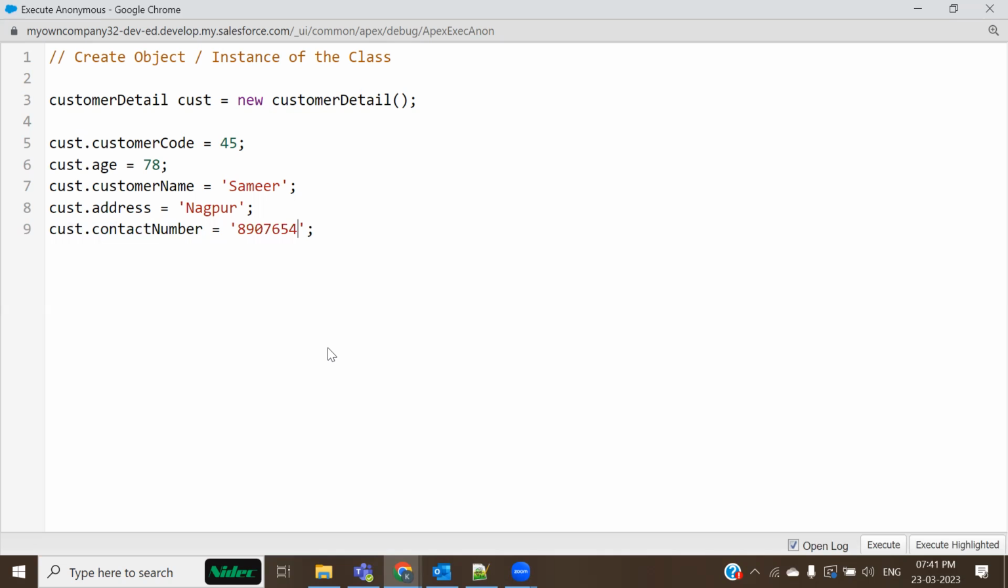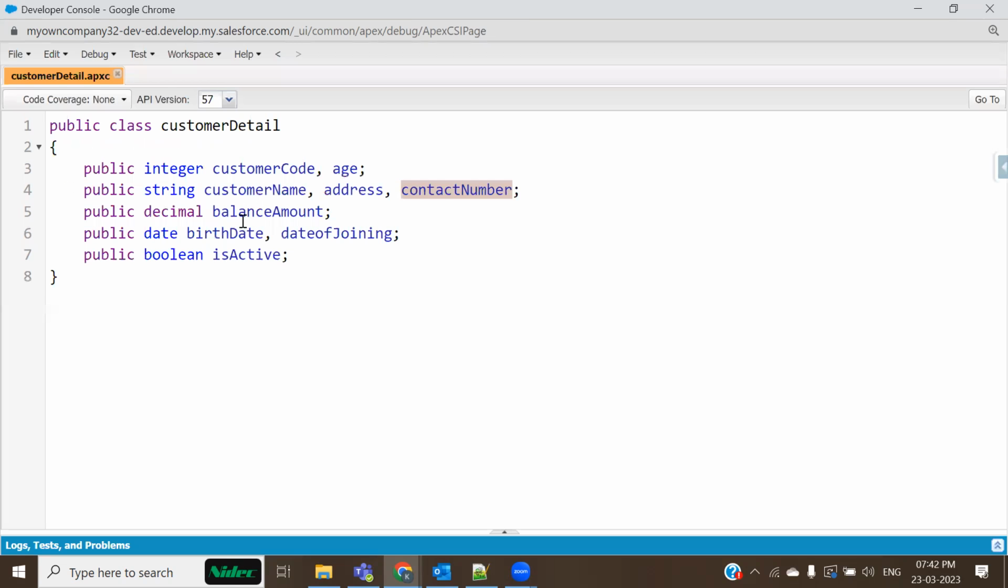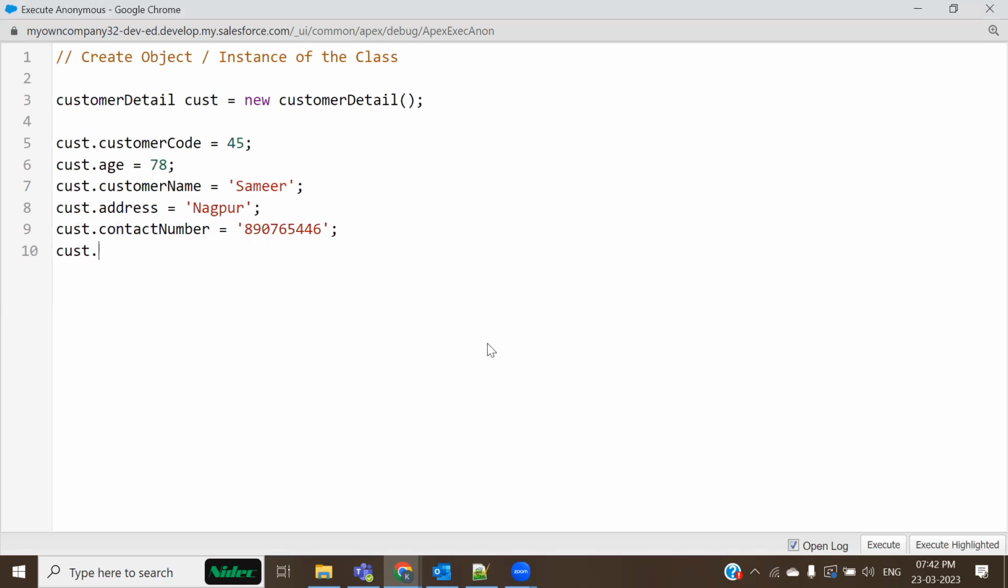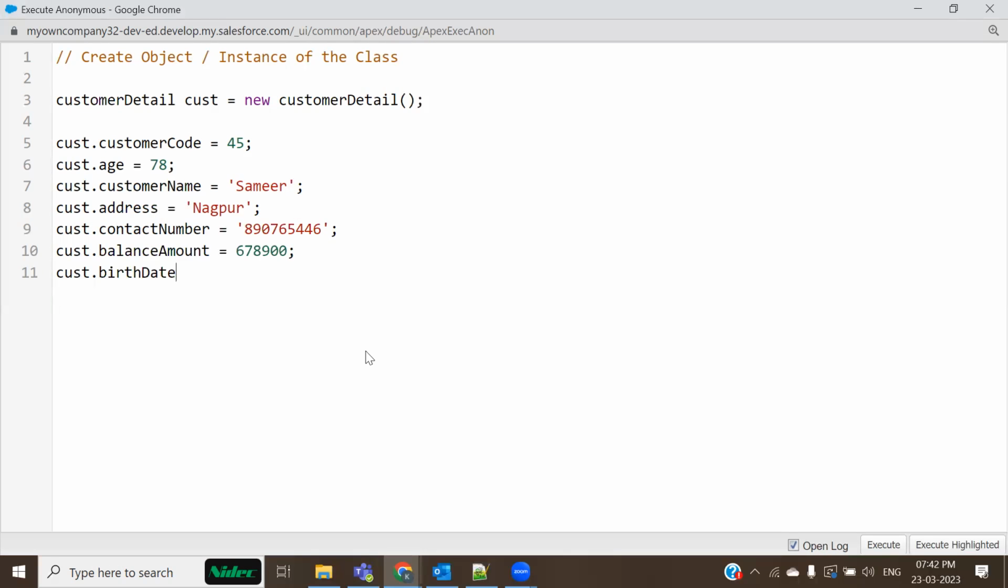Contact number would be something, a value, maybe like this. And then cust dot, what is the next variable name? Balance amount. This has to be always the same, and that's the reason I am copying it. Because that's a decimal, I can give the direct values over here. And now what is next? Cust dot birth date. So I would be giving the value as maybe,